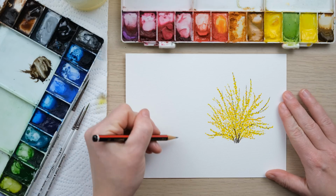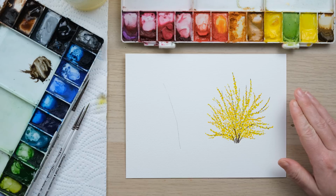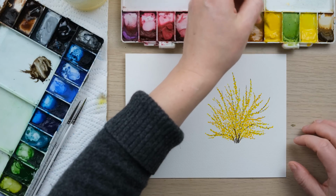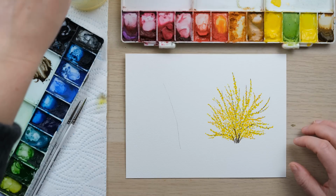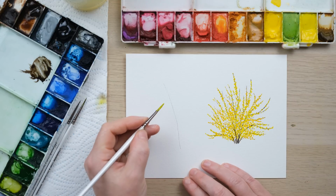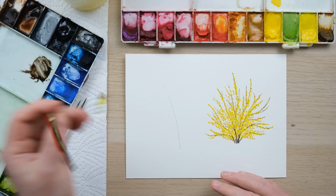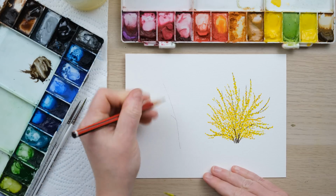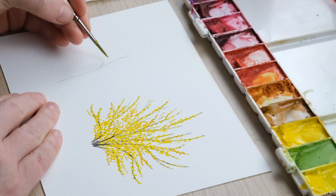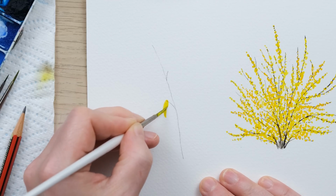But what I also want to do today is just do a very quick observation of the flower in a bit more close-up detail, because it's a really lovely little flower. So if I get my size 2 brush and my lemon yellow, I've got a little close-up of a branch here. It is a 4-petaled flower, and we'll just do 2 of them here, and I'm going to just use my size 2 brush